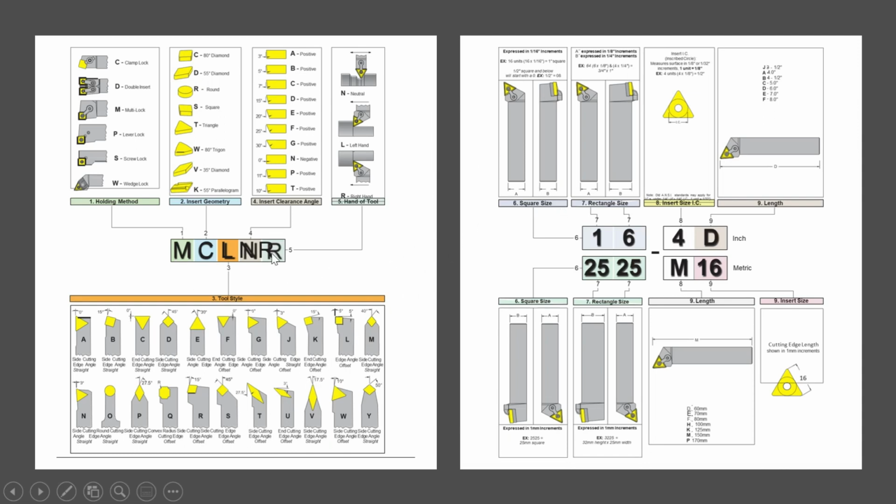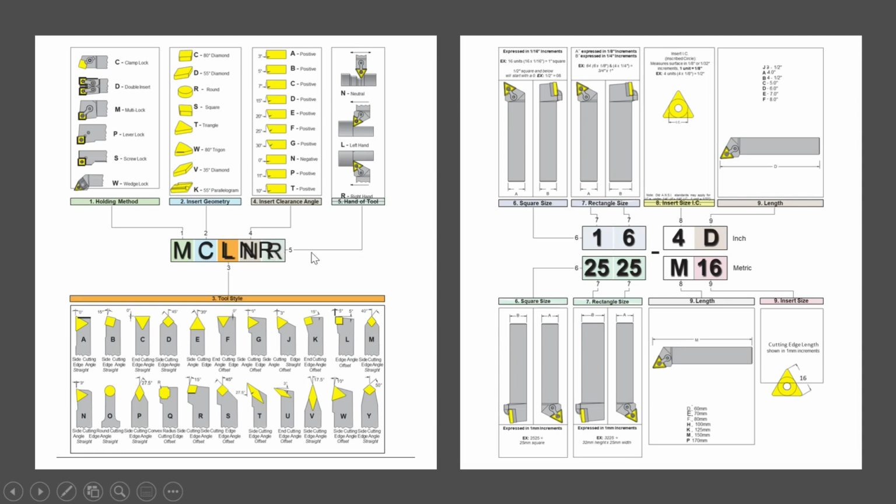Next is N, insert clearance angle. N stands for negative, 0. It should be neutral. Then R, whether it is a right-handed tool, a left-handed tool, or a neutral one, depending upon that.